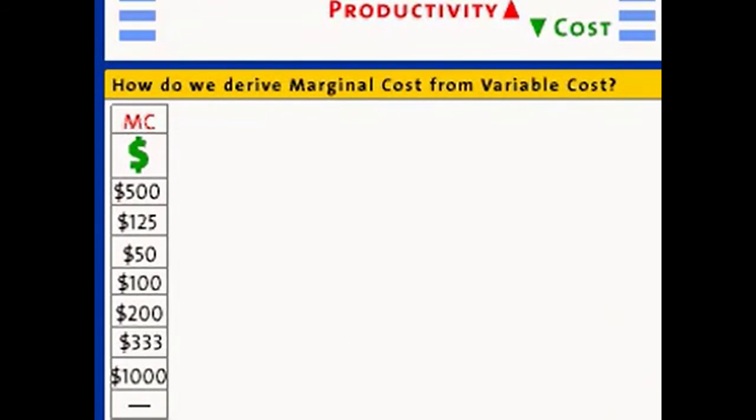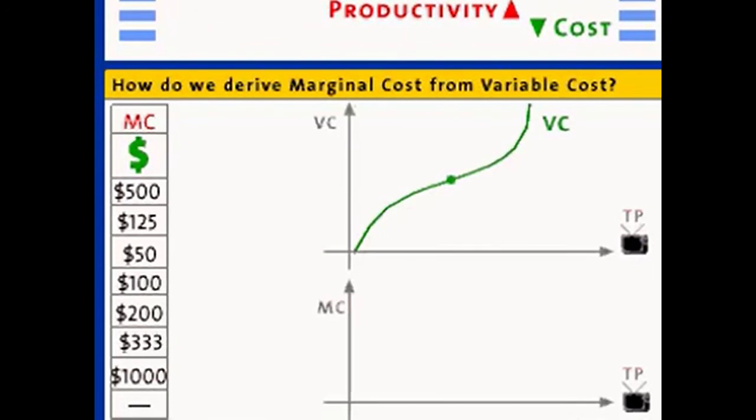Now, look at the variable cost curve and notice that the variable cost curve has a very steep slope close to the origin, and the slope of the variable cost curve gets flatter and flatter until we reach this point of inflection. At that point, the slope stops getting flatter and begins to get steeper again. The curve gets steeper and steeper and steeper, and finally becomes completely vertical when we reach the capacity of our